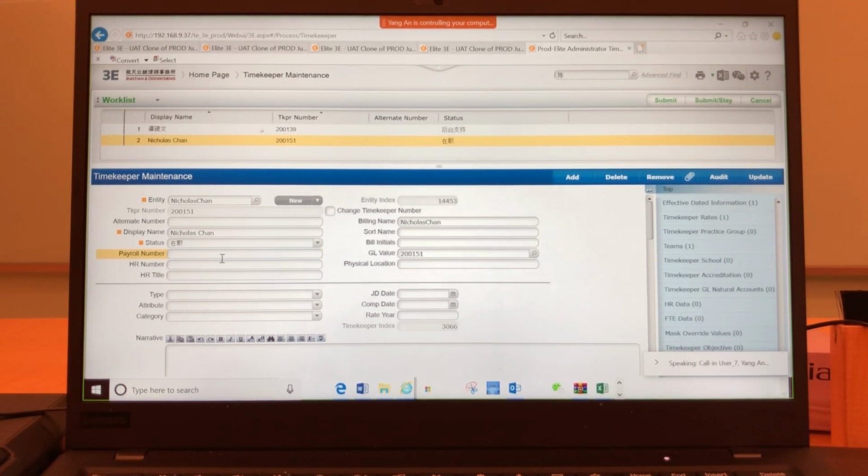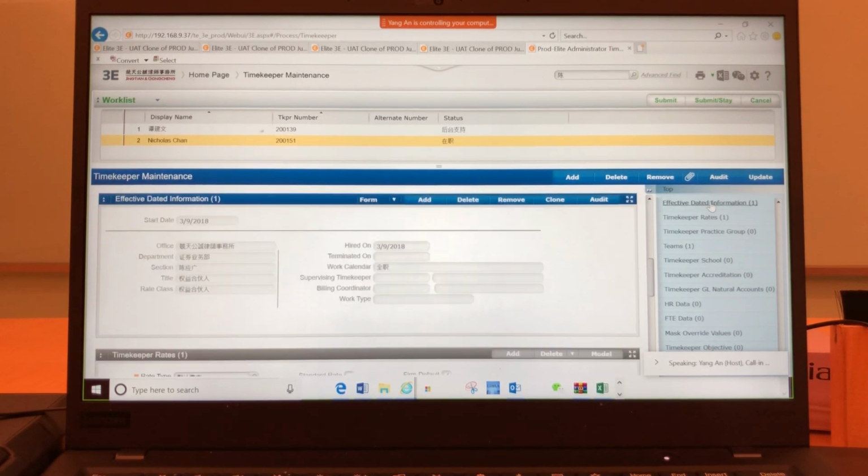Yeah. Payroll number. I have no idea. We don't use any. Just type the name, right? Just type the name. It's just a name. Oh, okay. Yeah, you can. So going forward, when you have